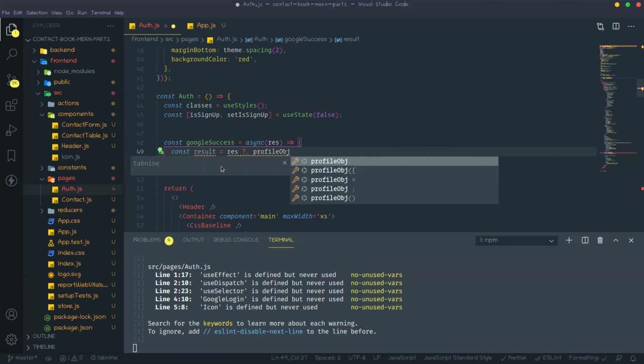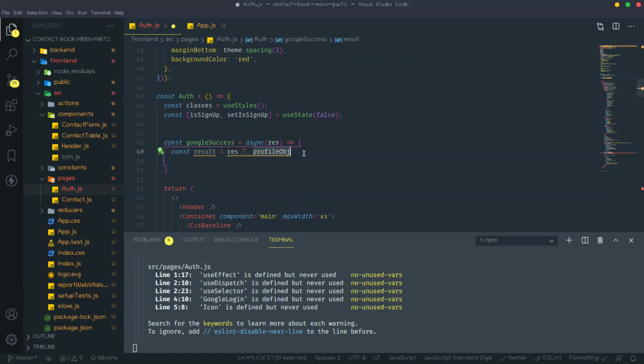Okay, whatever response you get from that Google login, in that response you will get this key. If you want, you can also console log it.